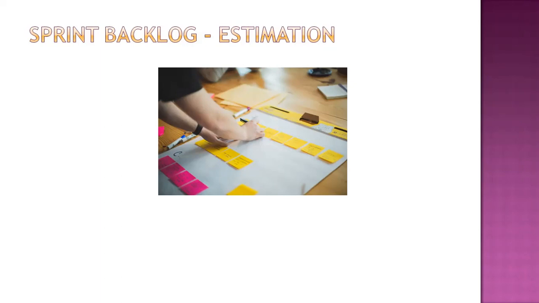So sprint backlog estimation is helpful in two ways. One, at the level of managing your capacity: knowing the capacity, and pulling the items that align to the sprint goal with the help of the capacity factor. The second is when your team is new and you are new to the project and you will definitely be unable to clear up all the items. That's the time you need to go with subtasks, and you should be able to manage at the subtask level.